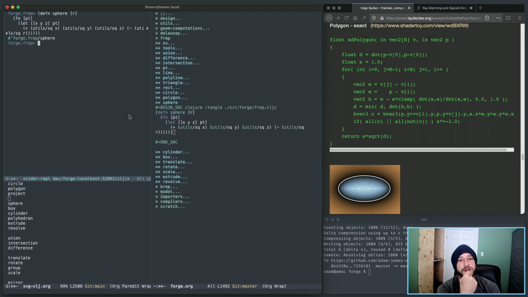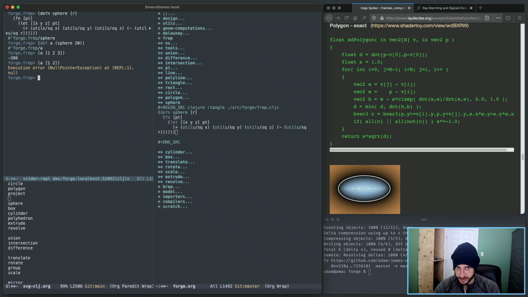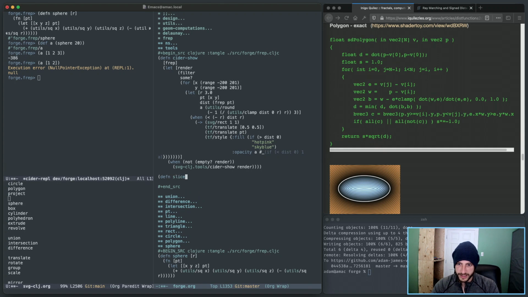I basically want to, well, let's def A is the sphere of radius 20. Okay, so A takes a 3D point. If I give it a 2D point, it errors out, which are things I should fix, but I'll get to that later. So if I define a slice function, that could be very helpful. So what I'll do here, slice,